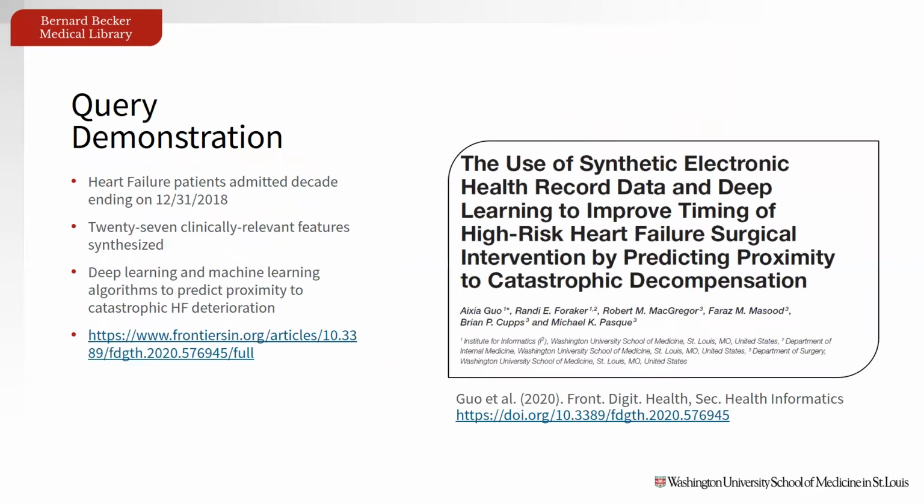Okay, so query demonstration. If you go to the informatics mdclone webpage, you'll see 4 published articles on that webpage. And what we're going to do is try to build a similar cohort to what these authors built. So these authors were looking at heart failure patients admitted in the decade ending on the last day of 2018, and they extracted 27 clinically relevant features, and they used deep learning and machine learning algorithms to predict proximity to